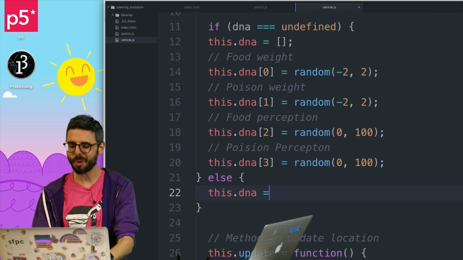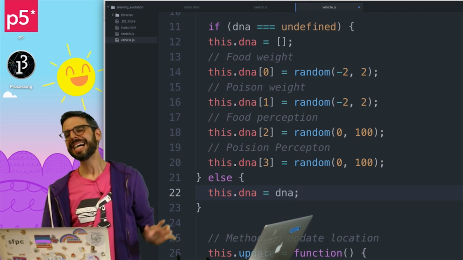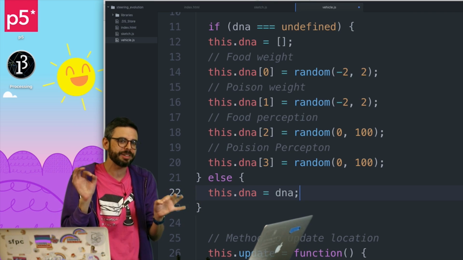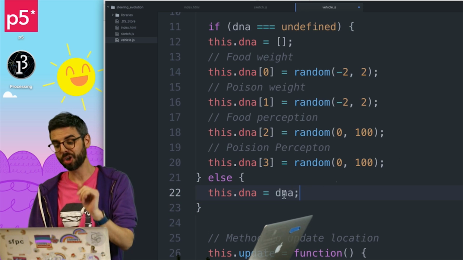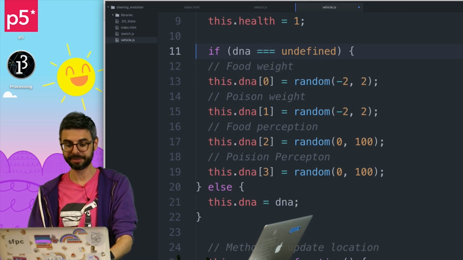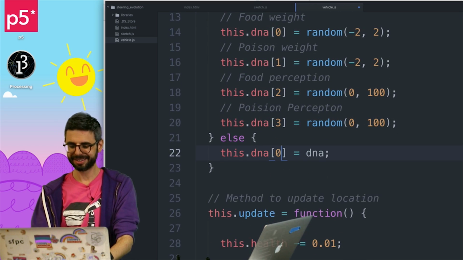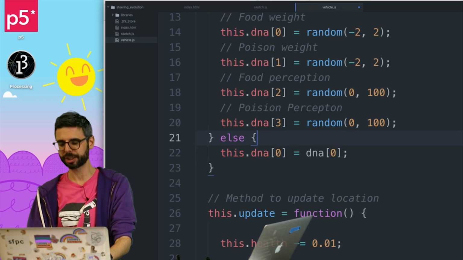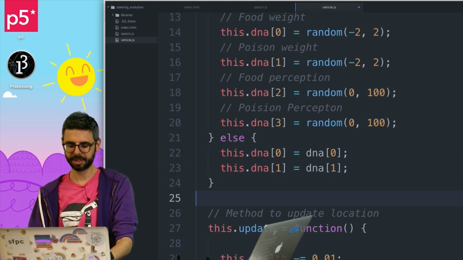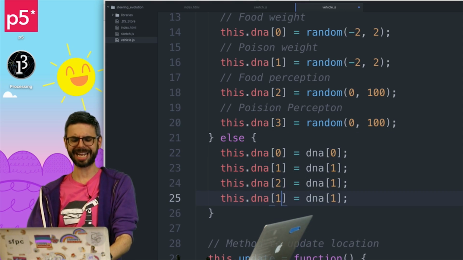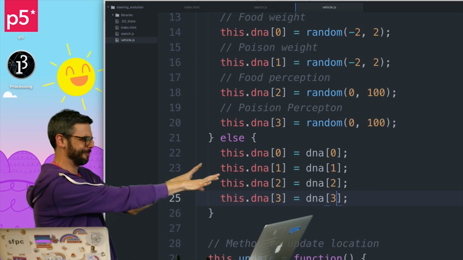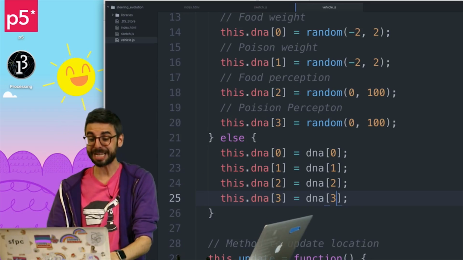this.dna, now I don't want to say DNA. I could do this, but this is a bit of a problem because what I actually want to do, I might want to adjust. I might want to have a little chance of mutation. So what I want to do is I want to say this.dna index. So no matter what, I always want to make it an array. And then I want to say this.dna, and I really should do this in a loop, but I'm not going to for a very silly reason in a second. There's only 4 properties, so I'm going to just do these manually. Oh, this is terrible. I can't even look at this. I'm having a very, very weird feeling in my stomach, being very uncomfortable by writing this without a loop. But here we go. Now I should be copying the DNA.